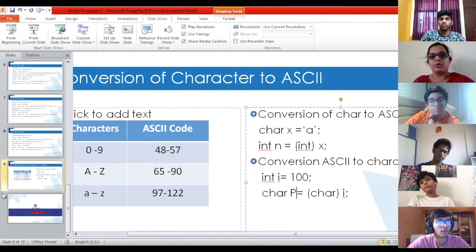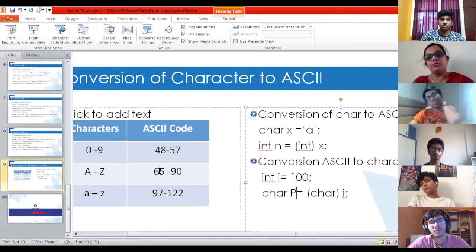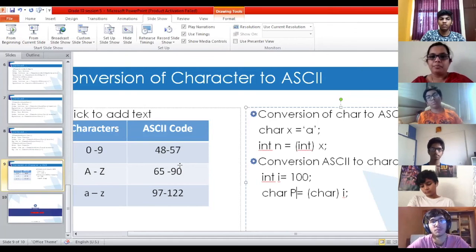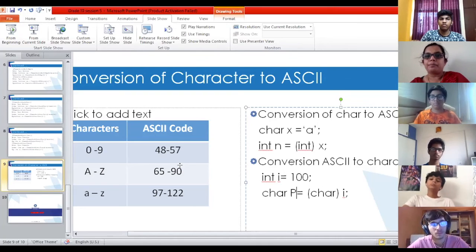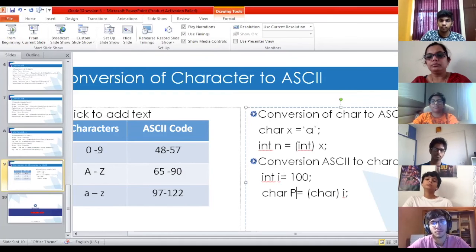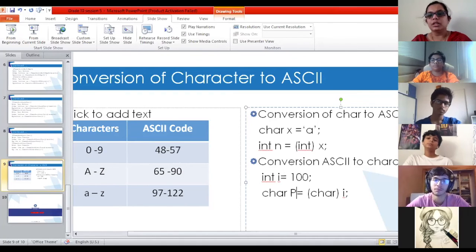If you know that capital A is 65, you can easily identify all the capital letters that come after it: capital B is 66, capital C is 67, and it goes like that. Clear?